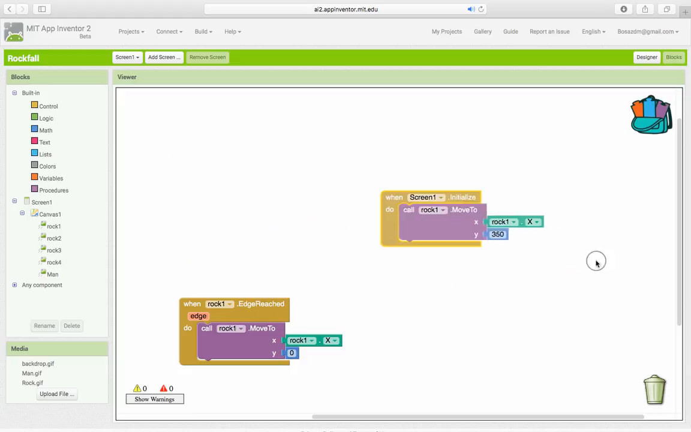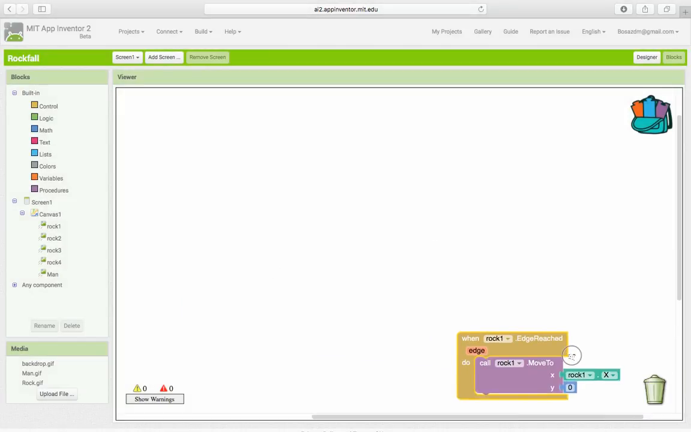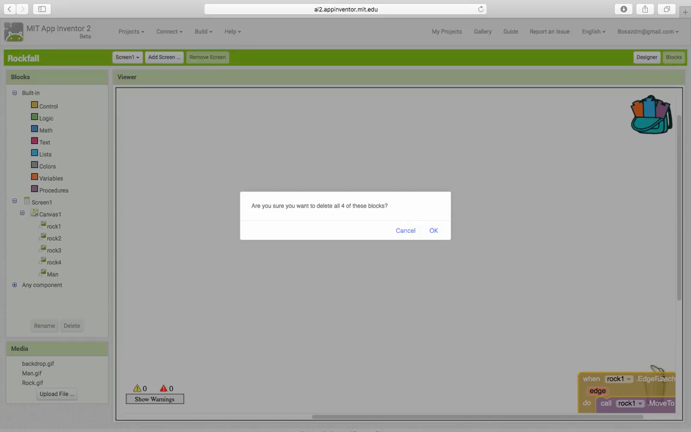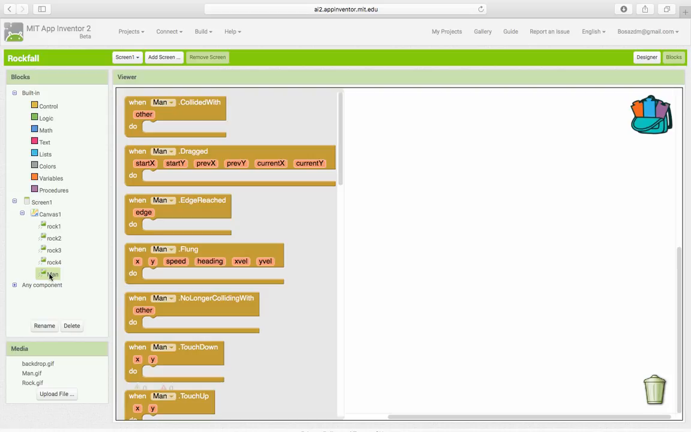Alright, so once we're done with this, we're going to begin coding. We're going to start with the figure you play as. What we're going to have to do is figure out a way to make it so that he moves side to side but not up and down. So what we do for that is we go over to man, click on him, and we're going to click